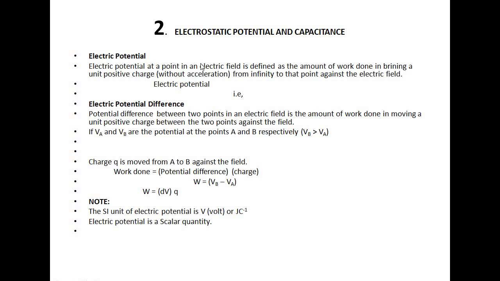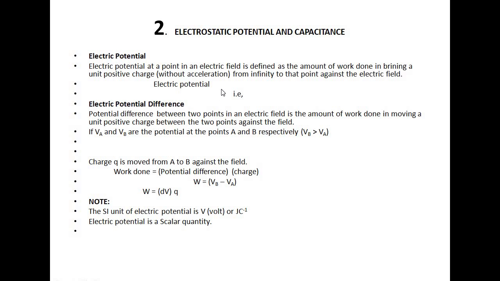Look at your notes, students, that you already wrote it. The electric potential V is equal to work done divided by charge. Means V is equal to W divided by Q. So, SI unit, according to the definition, W by Q means joule per coulomb, or it is equal to volt. Generally used unit of electric potential is volt.